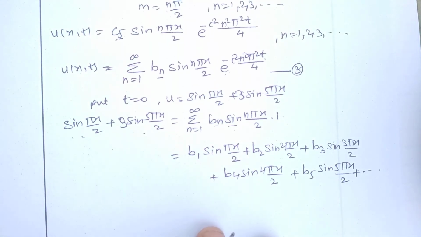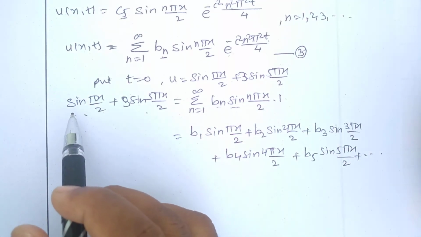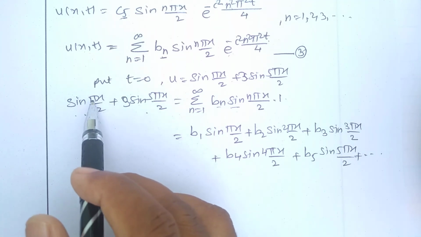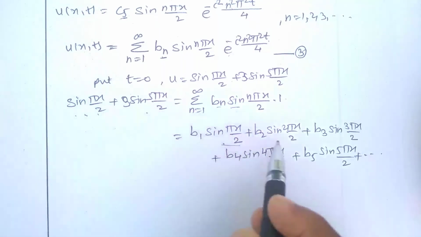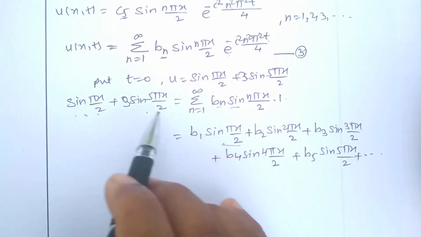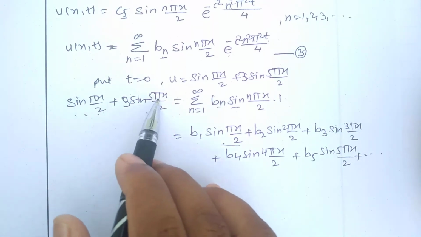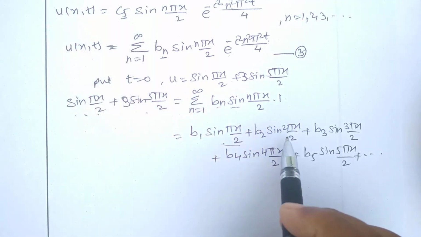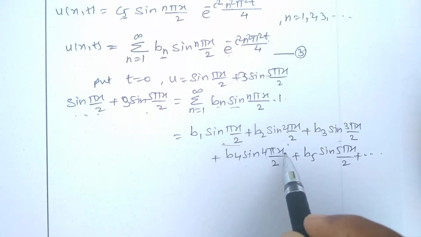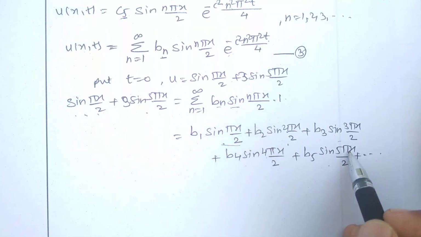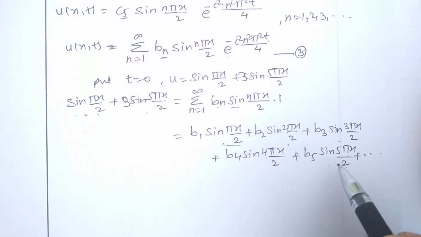Now why did I expand these terms up to b5, or the fifth term? If you see the left hand side, the sine function is sin pi x by 2. We already got sin pi x by 2 in the first term. Actually you have to compare both sides, so you have to compare the terms of sin pi x by 2 and sin pi x by 2. So you will get sin 2 pi x by 2 in the second term, sin 3 pi x by 2 in the third term, in the fourth term sin 4 pi x by 2, and in the fifth term you will get sin 5 pi x by 2. You have to compare this term with this. That's why I have written these terms up to the fifth term.